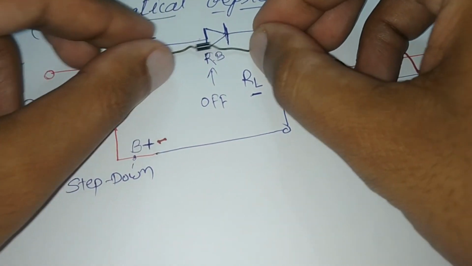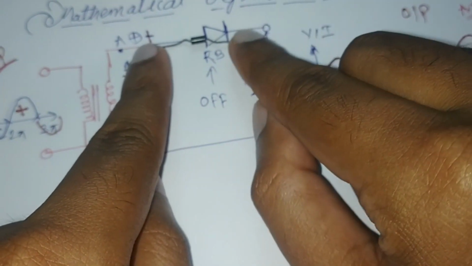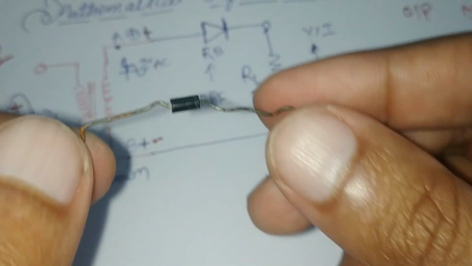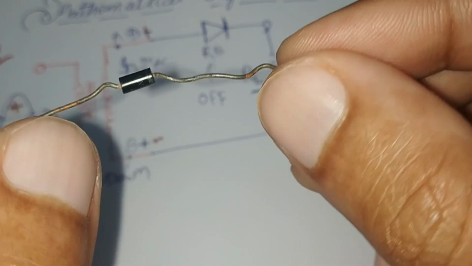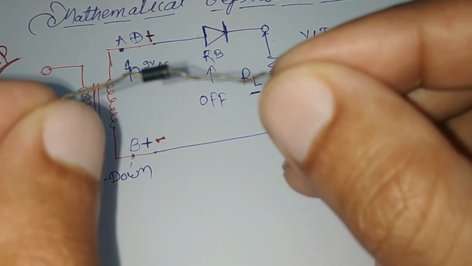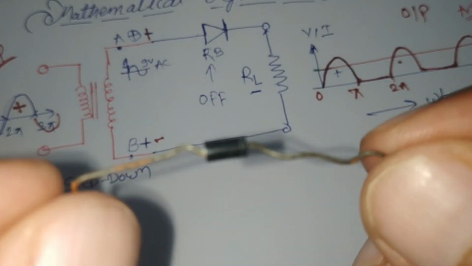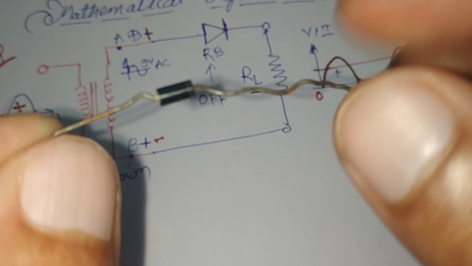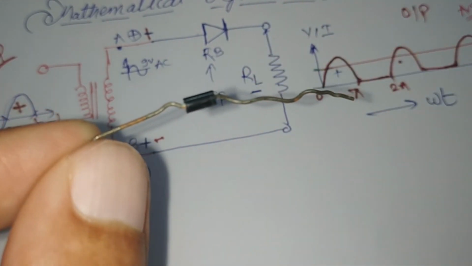So this diode is actually connected like this in the circuit, right? The diode is only a one way device. That means it will transfer current only in one direction. If we connect this left side to positive, only then it will work, and this one we should connect to negative. If we rotate it, it will be off.